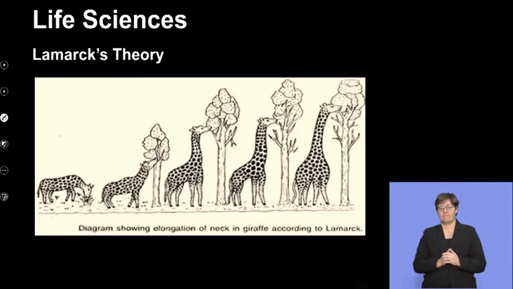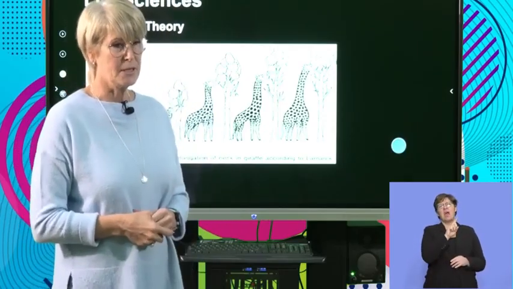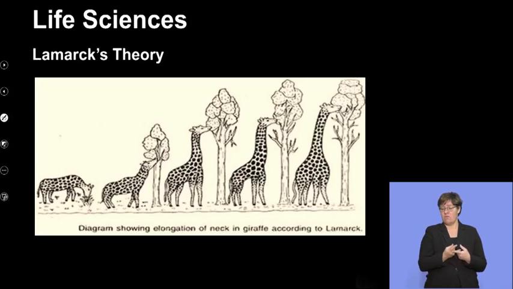Okay, all right, so let's have a look at Lamarck's theory. Basically, Lamarck worked in the 18th century, and what he believed is that organisms, for example the giraffe here, were all born exactly the same. They all looked exactly the same. They had the same characteristics. And what happened is, during their lifetime, for example the giraffes, here you can see a giraffe, not like we know it today, but one with a short neck eating off the ground. So he believed that all giraffes were born with short necks.